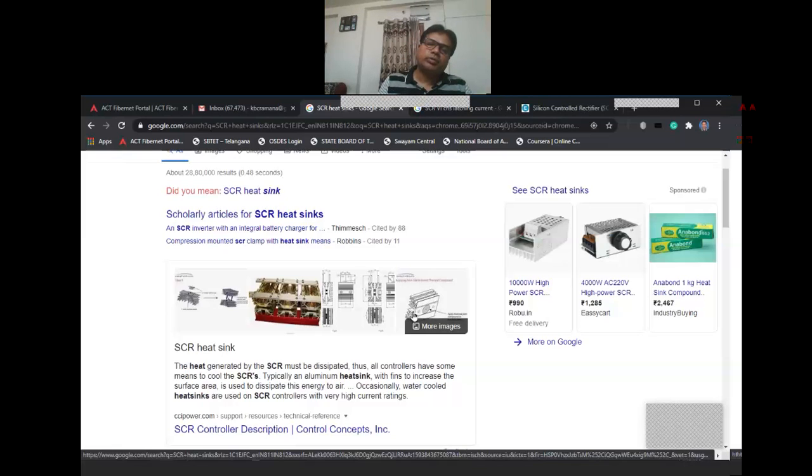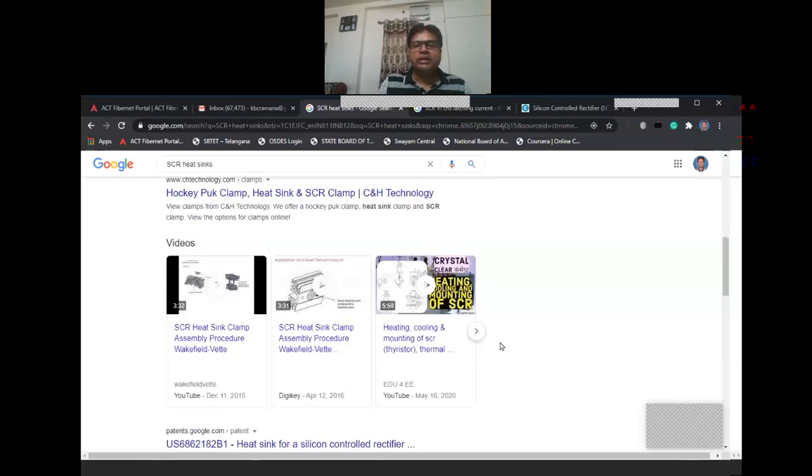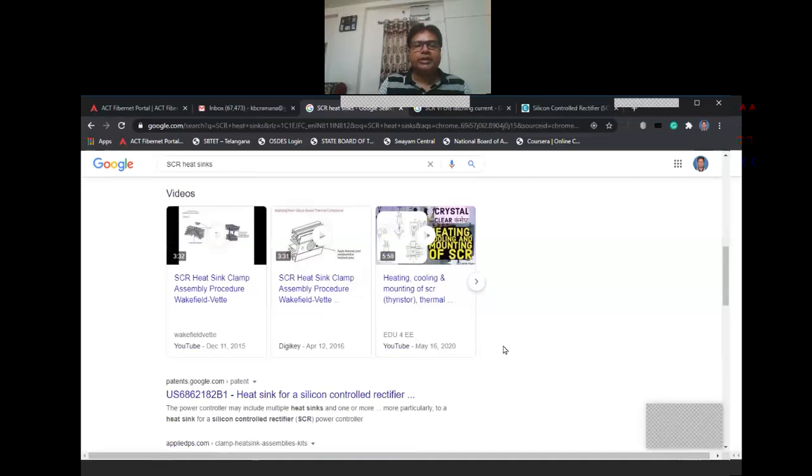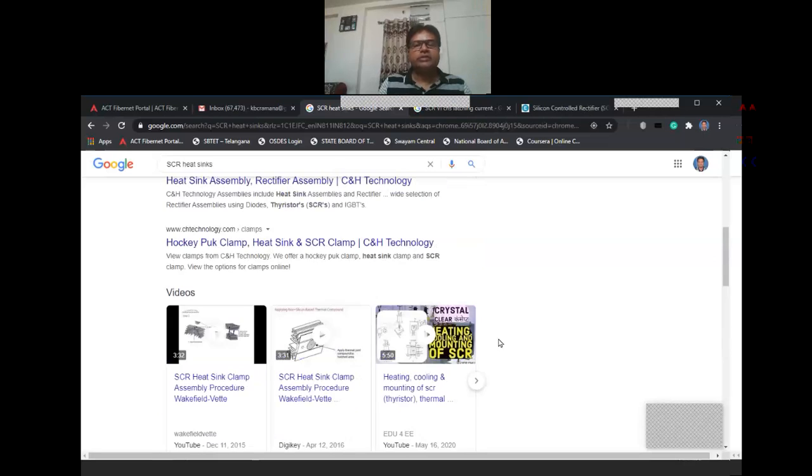These protruded portions are called the fins. In between them, air passages will be there continuously. The air passing through those fins will be taking away the heat, and also the aluminum being a highly thermal conductive material, it will also take away the heat from the power electronic devices, and thus they will protect the power electronic devices from getting damaged.